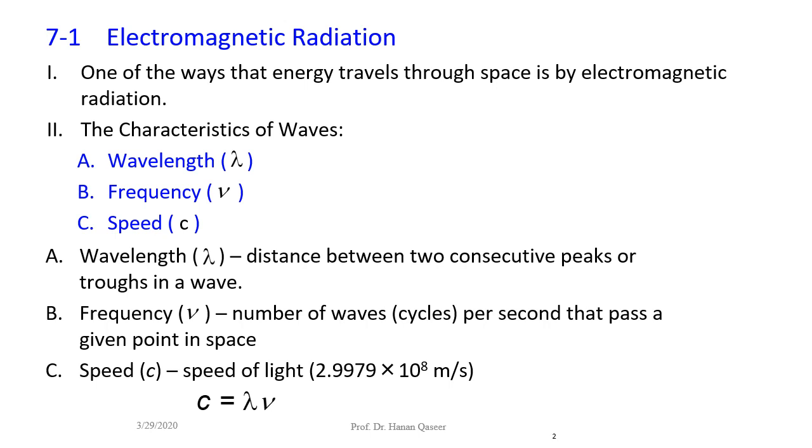Next slide, the electromagnetic radiation. One of the ways that energy travels through space is by electromagnetic radiation, or electromagnetic waves. Characteristics of waves: